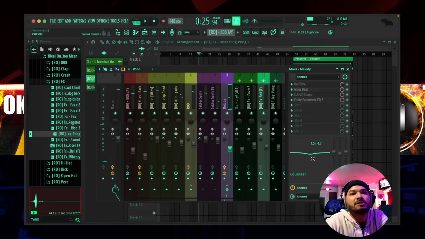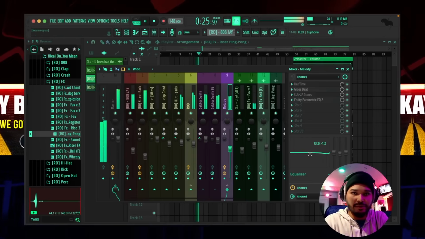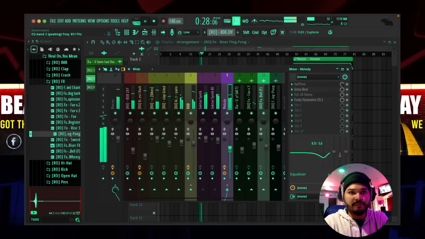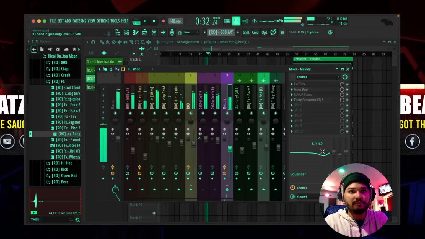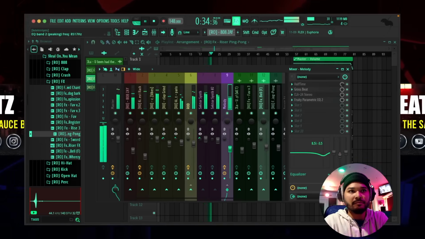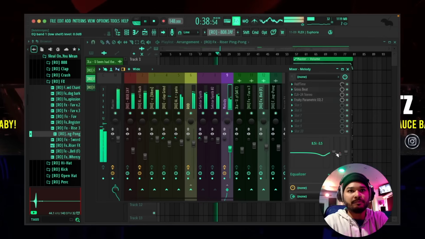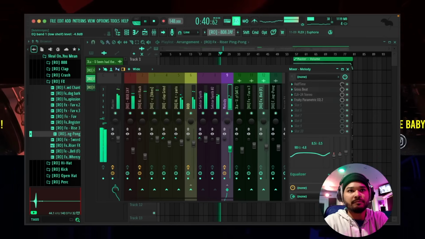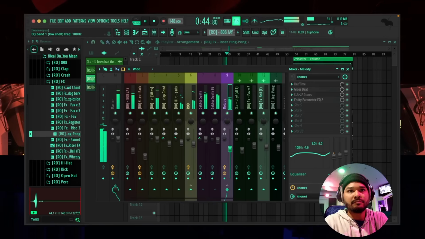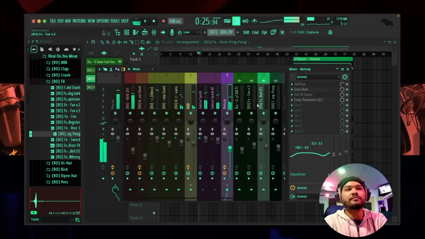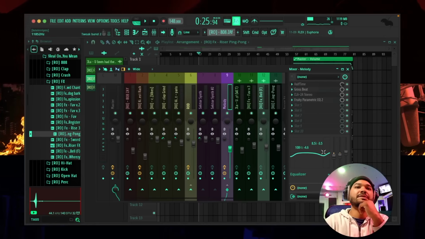Let me sweep the frequencies a little bit with this EQ that they have here on the mixer. Alright, so I just went in there and cleaned up that melody a little bit with this EQ that they have